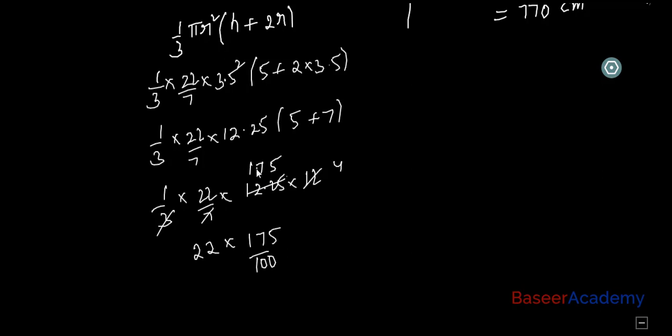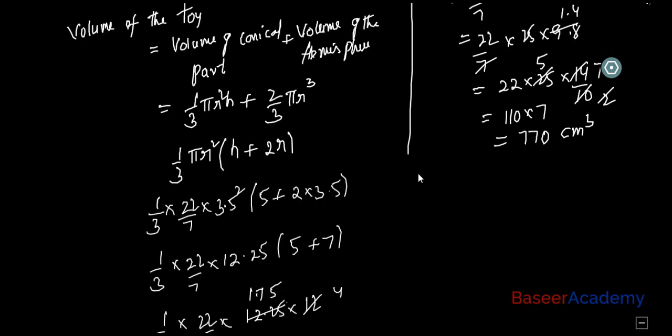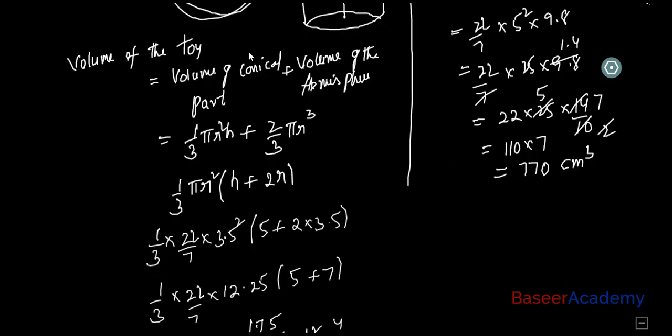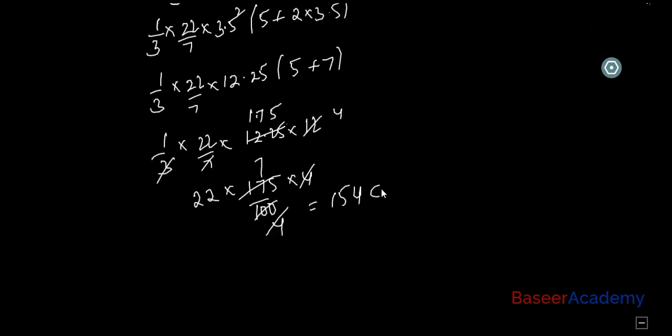If I remove the point here, I'll have to place 100 because after the point we have two decimal places. 25 fours, 25 sevens, right? 25 sevens are 125. 4 and 4 get cancelled. 22 into 7 is how much? 154. So the volume of this solid, which is a cone mounted on a hemisphere, is 154